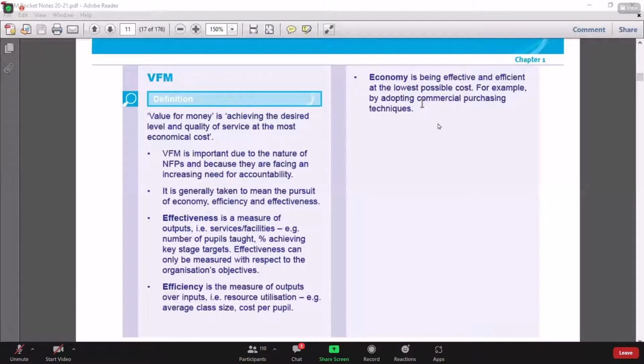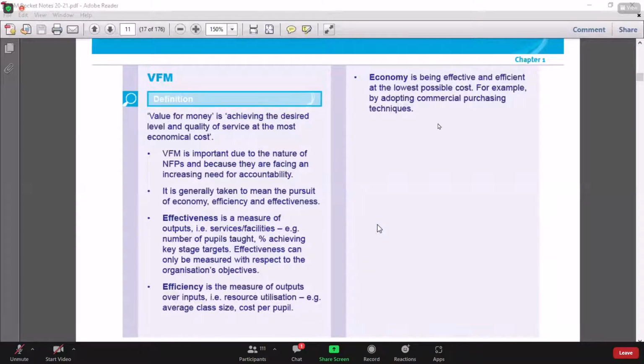Okay, and efficiency means how good the service you provided was. So, what kind of quality did you provide? See, providing free education is an objective. And if you achieve the target of providing for 100 students, yes, we can consider that it is effective. But when it comes to efficiency, what is the quality of service you provided?